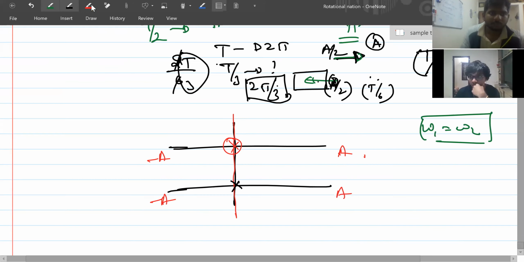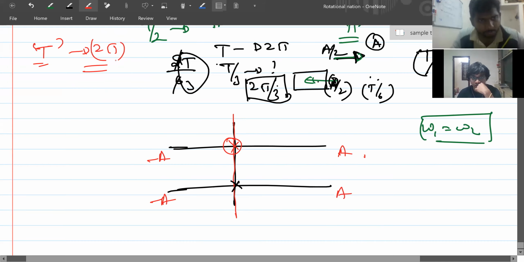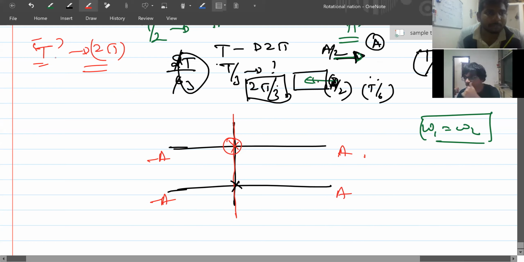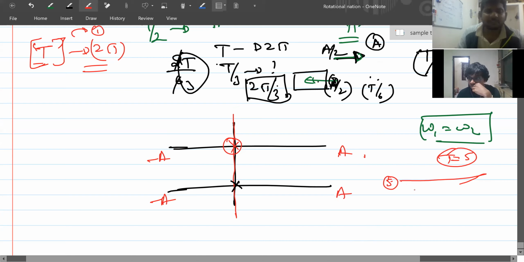Then I want to find out the time difference between both of them to find out the angle. If a time period T gap is there, that is a 2 pi phase difference. I told you this by giving an example. Because in time period T, one cycle can be completed by the previous particle, right? So suppose one particle has started after 5 seconds, and one particle has started before 5 seconds. If the time period is 5 seconds, one particle will start the journey and again come back to its original position in 5 seconds.